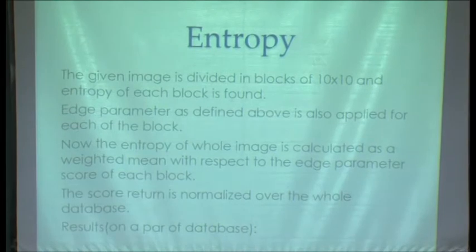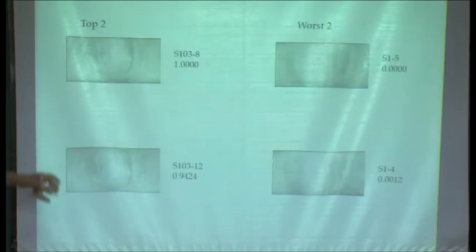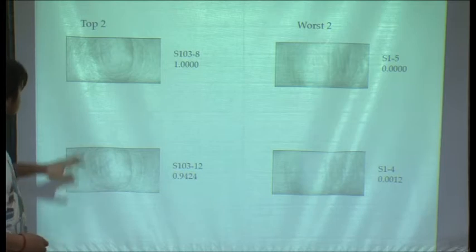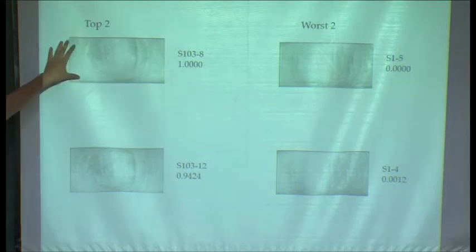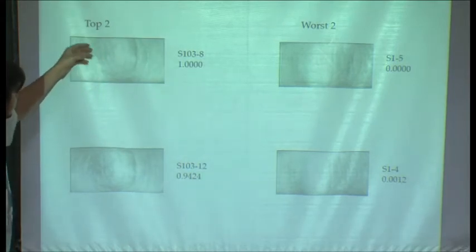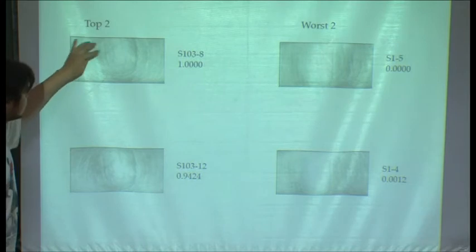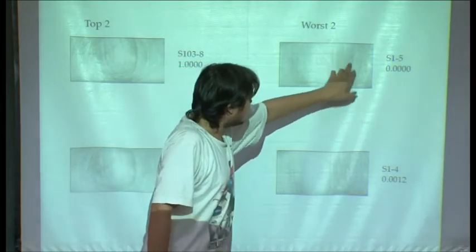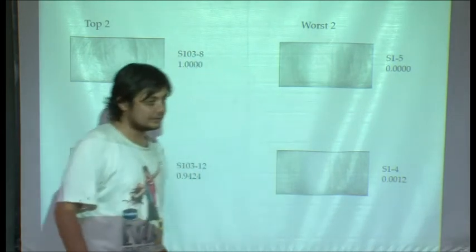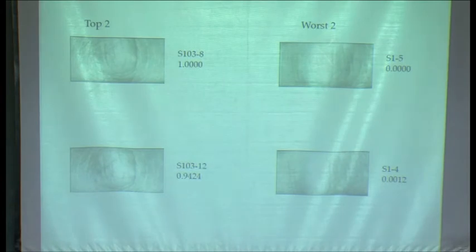I have run it on a small database, and I have got some results, and we can clearly see that these images are showing more edges, and on the prominent edges there are again small edges coming. In these images we can't see the other bifurcation, only the top two, because the database was very small, so I have taken only the top 2. I have only done it on 120 images, so out of 120 I took the top 5. Everything else was showing 0? No, I can show the result on my laptop.